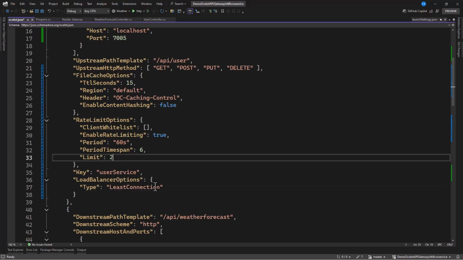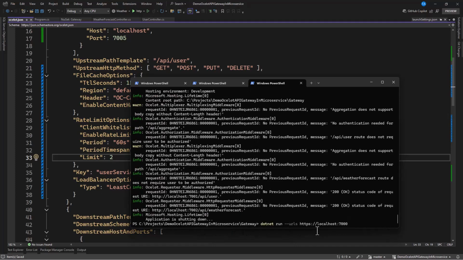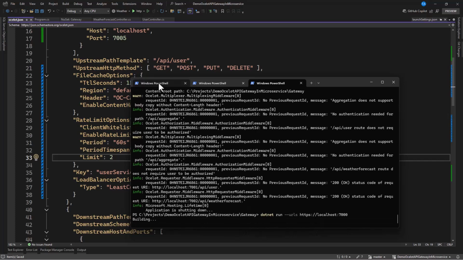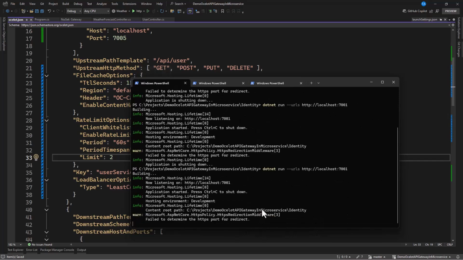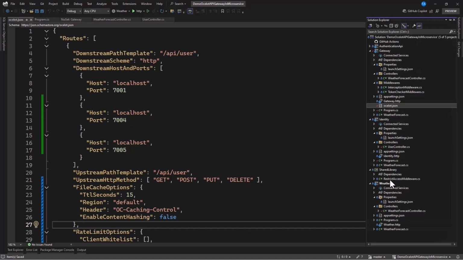Great. So now that we have this set and configured, we can save this, and let's go to our terminal. Let's stop this and start it again. I know that the user service is already running on 7001, and when you check here, we have made 2 extra configurations, that is 7004 and 7005.